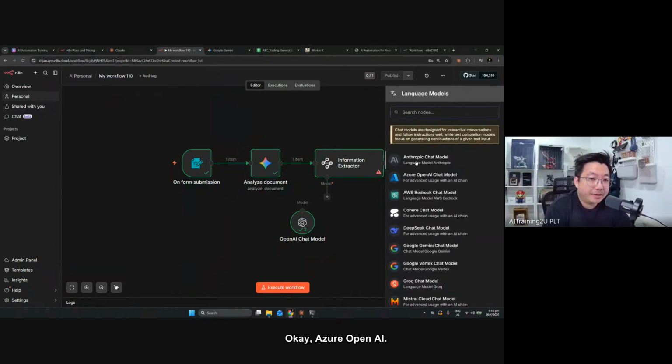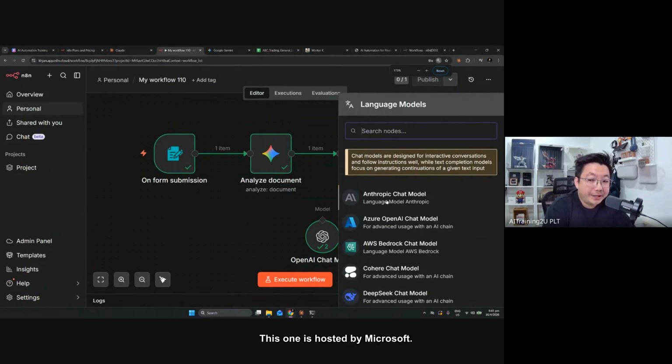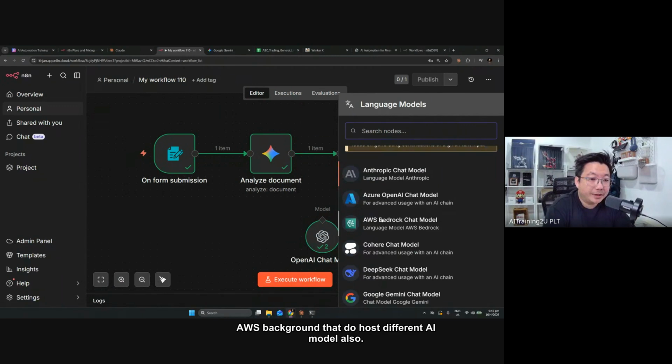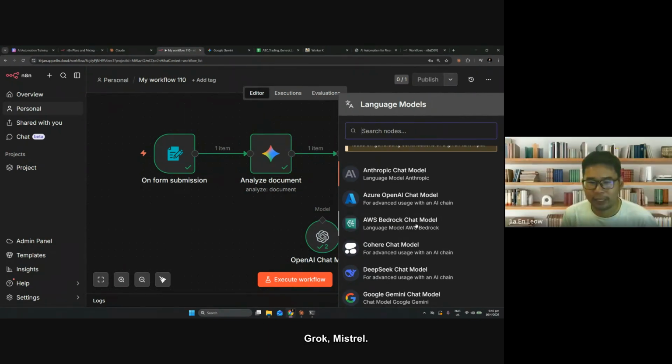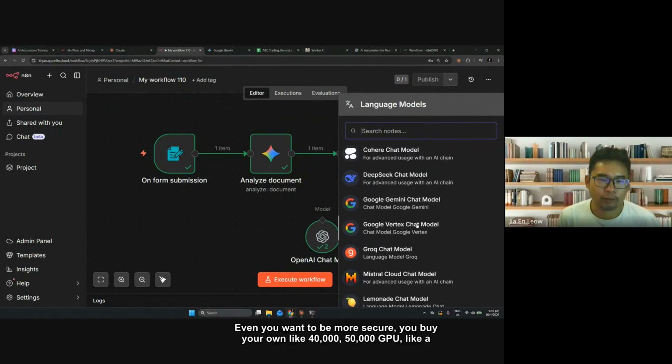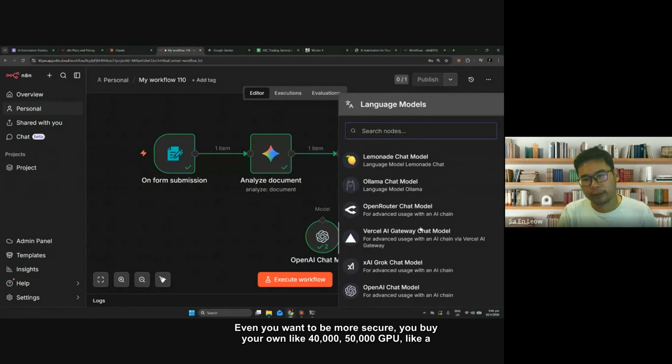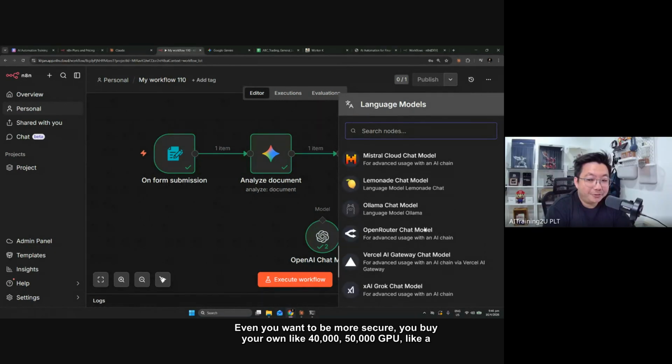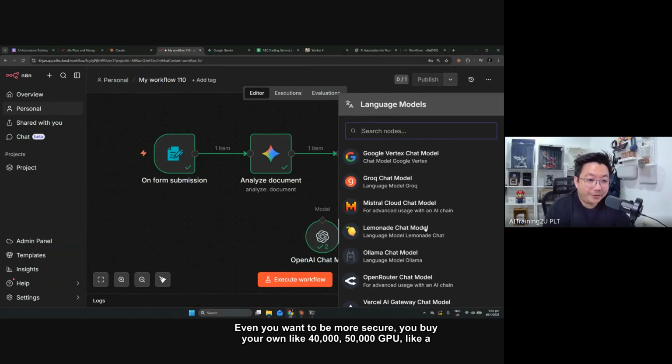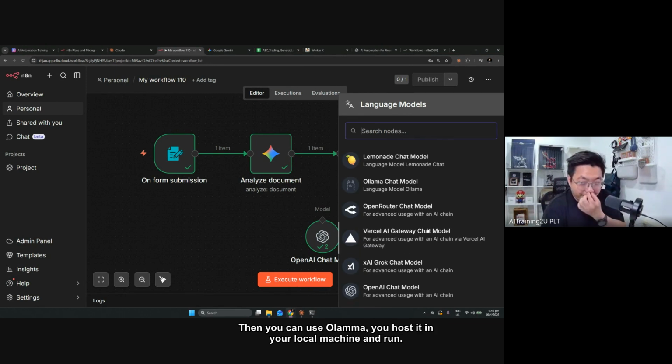Okay, from here you can choose Anthropic's Claude. Azure OpenAI is hosted by Microsoft. AWS Bedrock also hosts different AI models. So basically, you can even use the Chinese models, DeepSeek, and so on, right? Grok, Mistral. Yeah. Even if you want to be more secure, you buy your own 40,000, 50,000 GPU, like a